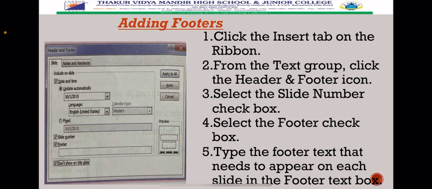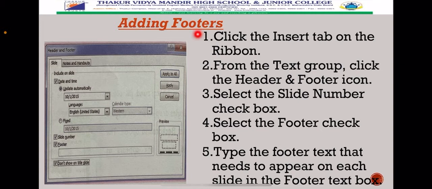What if you need to add the presentation title and slide number on every slide of the presentation? Won't it be nice if we could add these details on just one slide and it would automatically appear on all the other slides? MS PowerPoint provides the footer option to add repetitive text at the top or bottom of each slide of a presentation. So let us see how to add footer information.